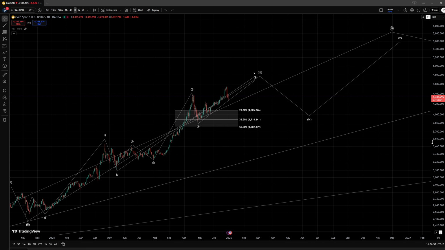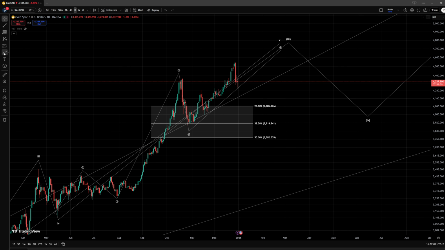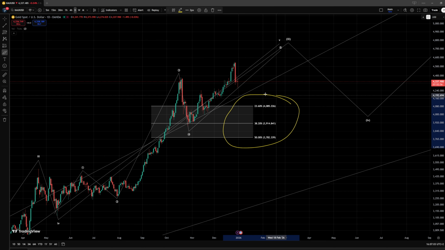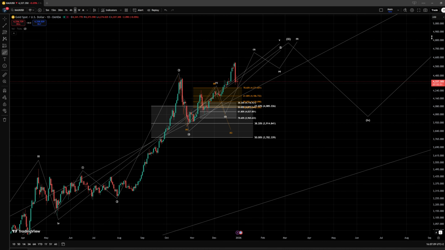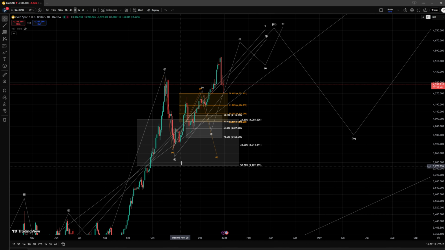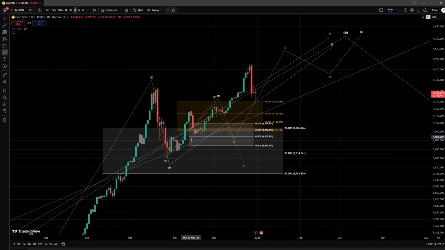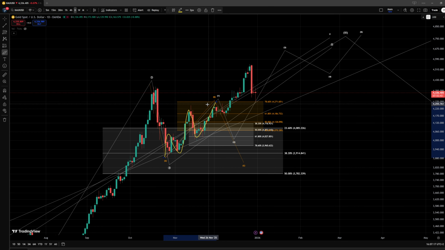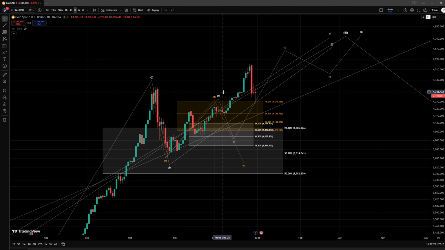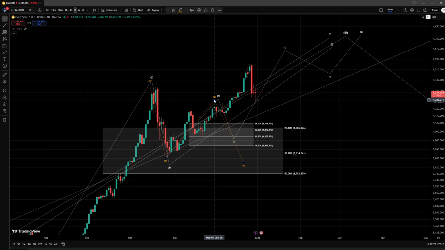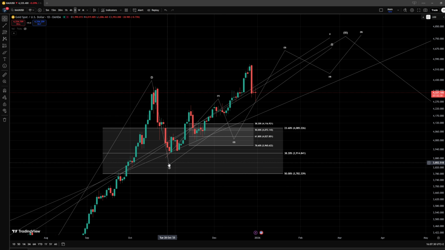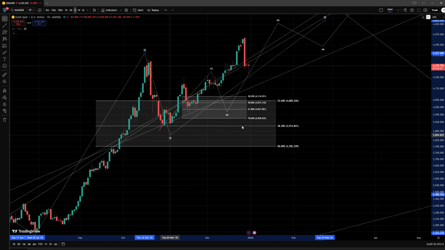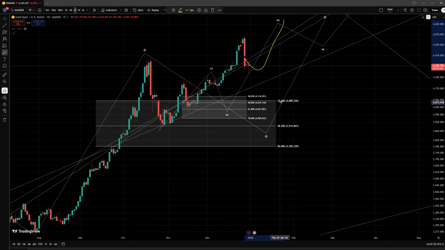And in the previous video, I did provide you this area of support that we were even looking for as a possible area of a reset for this correction in the wave 4, because we had already bottomed and we were looking in the orange interpretation for a possible reset, although we were even tracking a larger 5-wave move to the upside that could have developed. And while it didn't, we had a deeper retracement in this area. It did manage to extend higher. Now, based on the structure, we no longer are able to realistically track this idea of an extension of the wave 4. Maybe it could work out if we don't manage to form another high in this area.